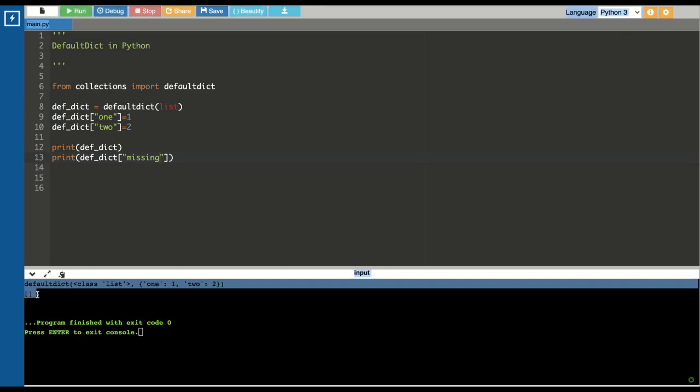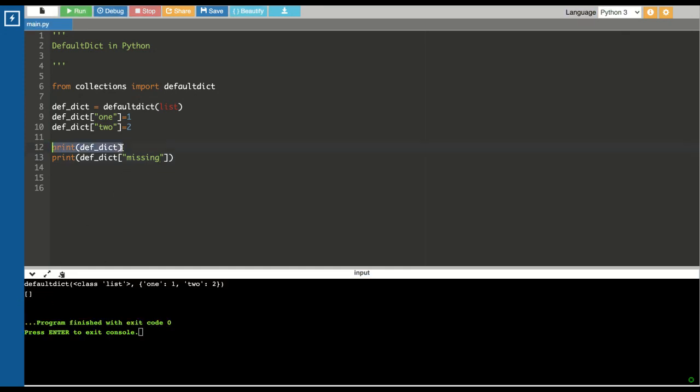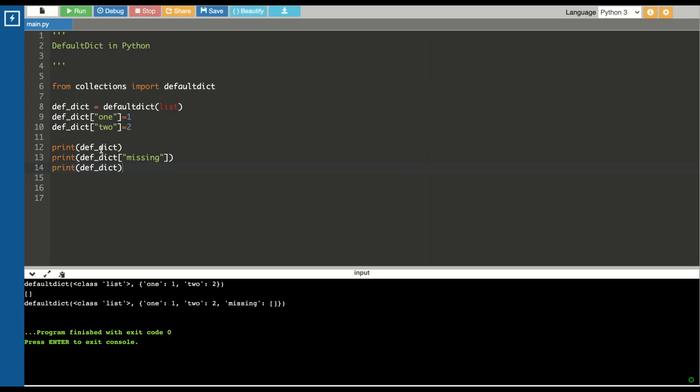Here you can see it returns an empty list. Let's see if it is changing something in the dictionary. Here you can see when you try to access that, it has added that key with an empty value, the default value, into the default dictionary, such that if you try to access this element next time, the default value is returned. So this is the feature of the default dictionary.